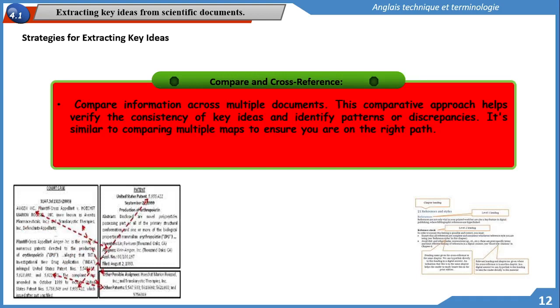Compare and cross-reference. Consider this strategy as employing different maps to ensure you're on the right path in your research journey. In the scientific paper, compare information across various sections. This comparative approach acts as a reliable compass, helping you verify the consistency of key ideas and identify patterns or discrepancies. Just as comparing multiple maps ensures you stay on the correct route during a journey,